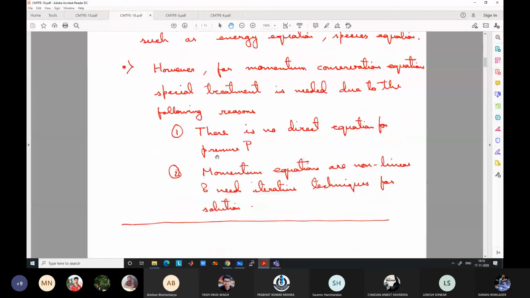So momentum equations will be taken later on. As those who have done the course with me know, we will study the most common types of algorithms: SIMPLE, SIMPLER, SIMPLEX, and PISO, in this course, which are generally used in the commercial packages. SIMPLE, SIMPLER, PISO, these are the common algorithms.